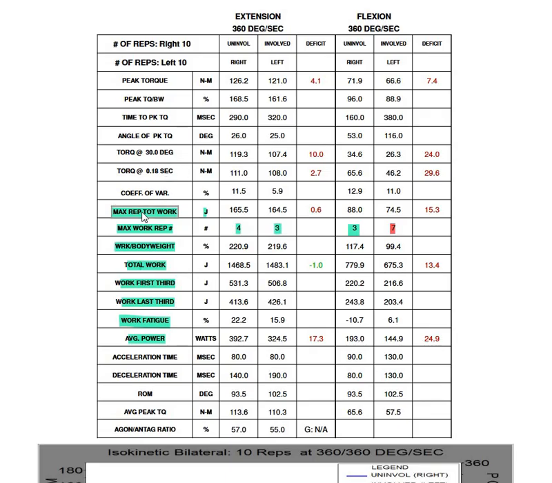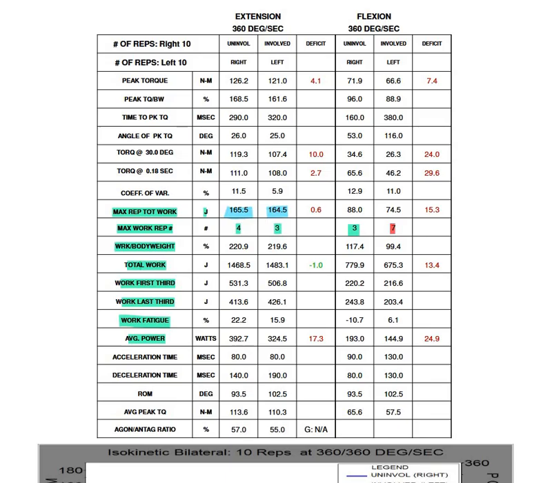Okay, so the max repetition total work, that is saying, on this repetition 4, what was the work that was performed? In this case it was 165.5 joules, and on repetition 3 we have 164.5. So in many ways, people argue that this is more relevant than peak torque, which it is, because it